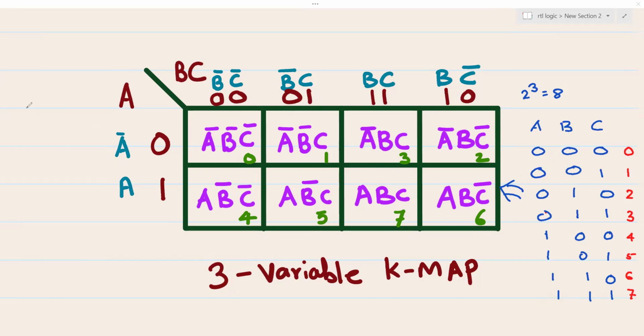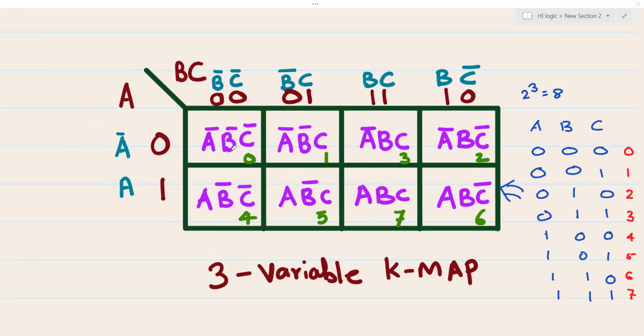Okay, so now in each cell, after you define the numbers, that is 0, 1, 2, 3, 4, 5, 6, 7, it is easier to write the sum of product forms or min terms